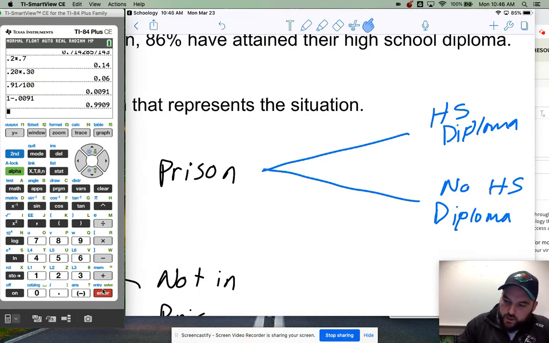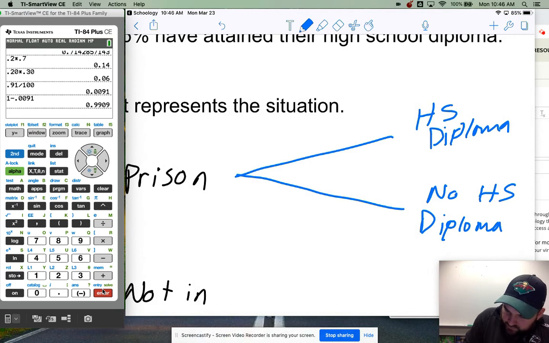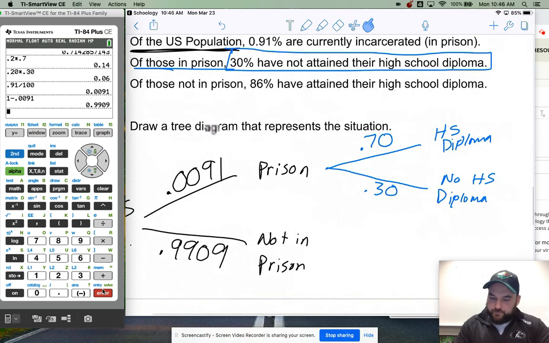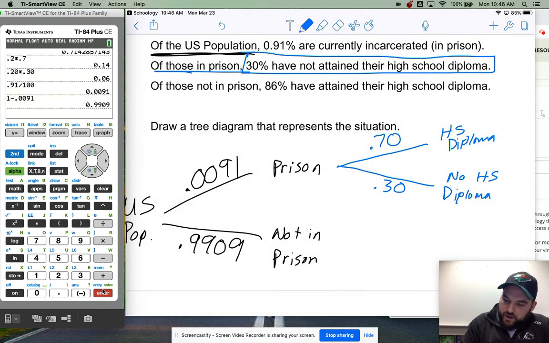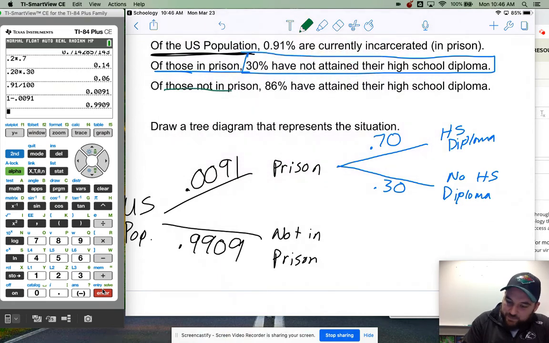Okay, and it says 30% have not attained their high school diploma. So this is 0.30. So then that means 70% have attained their high school diploma. Okay, and then finally, my last statement that I'm given is of those not in prison, 86% have attained their